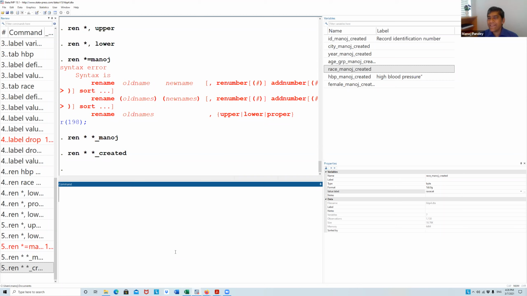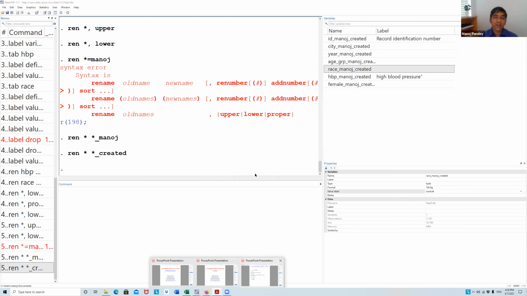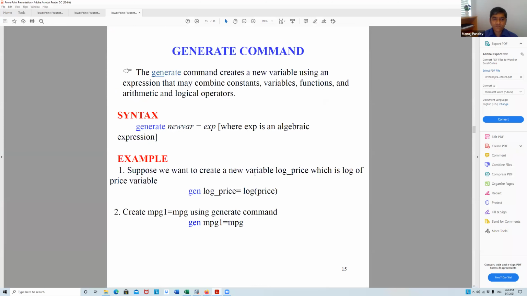So if you're working in that kind of environment, you will use ren star. What this star did is it took all the variables and created star underscore created. It is very useful sometimes when you are making your own data sets.